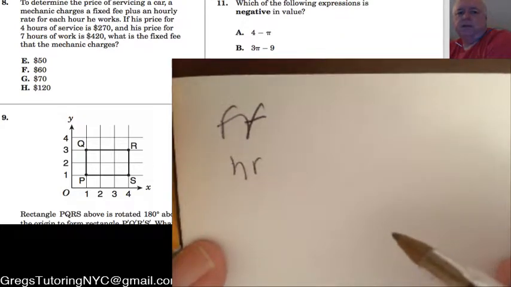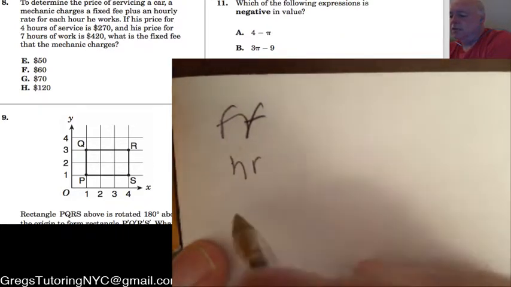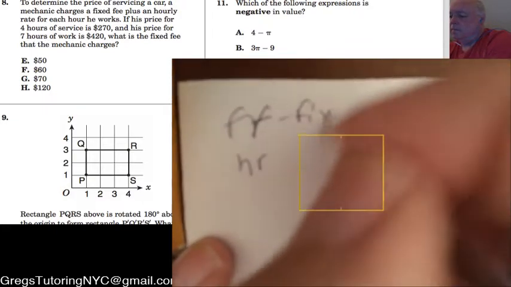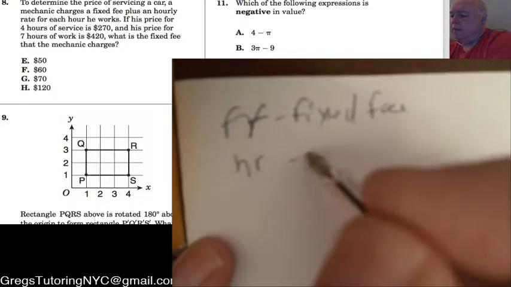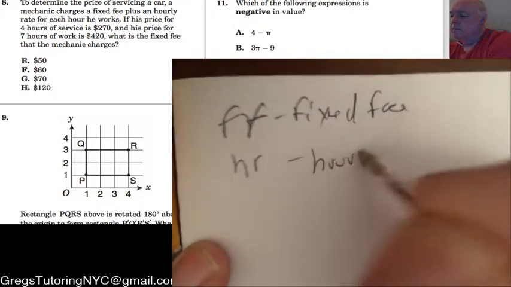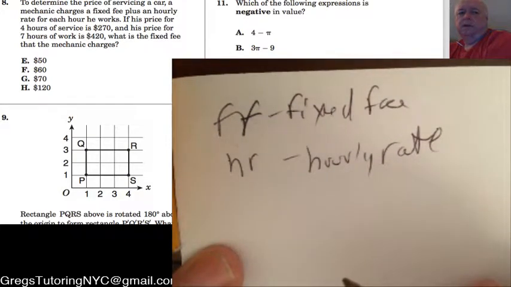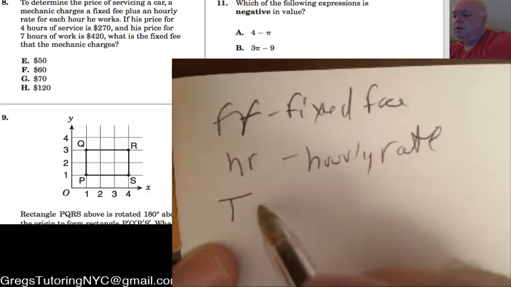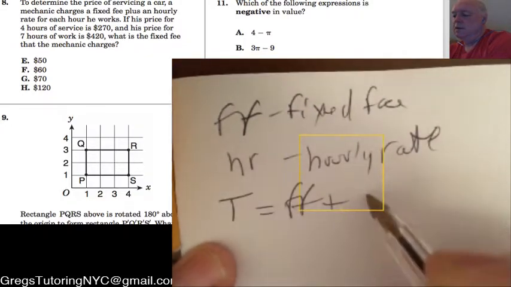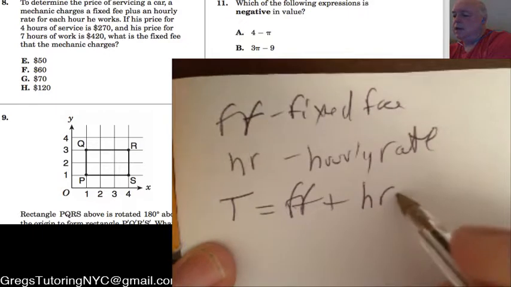So let's just take each one at a time. So the mechanic charges a fixed fee and an hourly rate. And we're also given totals as well. So if his price for 4 hours of service is $270, how do we map that into a math expression, a math sentence, a number sentence, right? His total is his fixed fee plus his hourly rate, and this would be times the number of hours,